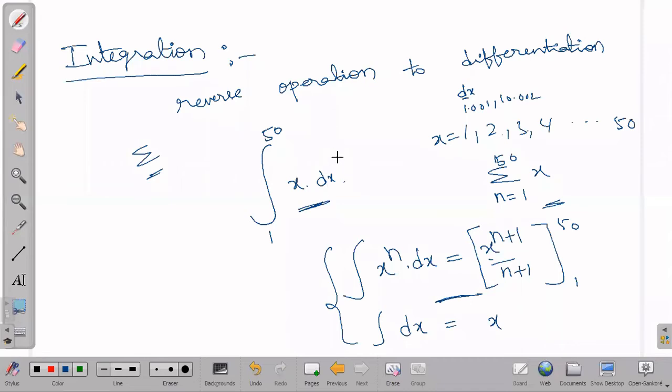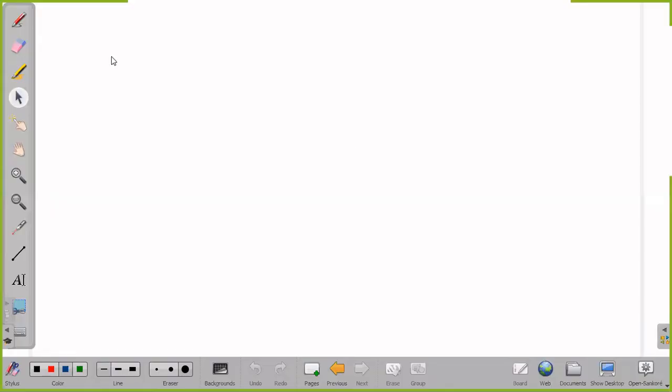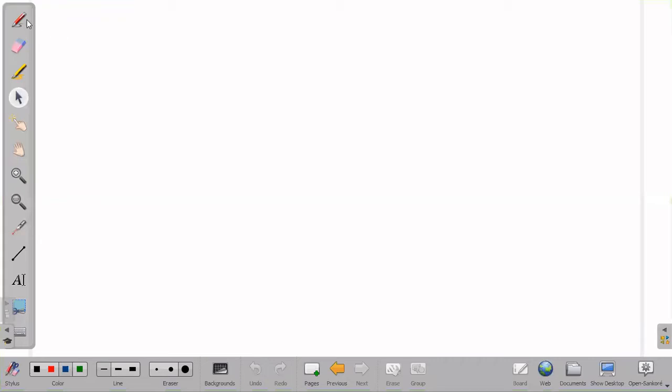Okay, this is not complete information. I am telling this in short only. Okay, right. Now we will go with equations of motion in our calculus method. Here, first we will derive the first equation of motion. For that, so what we have,